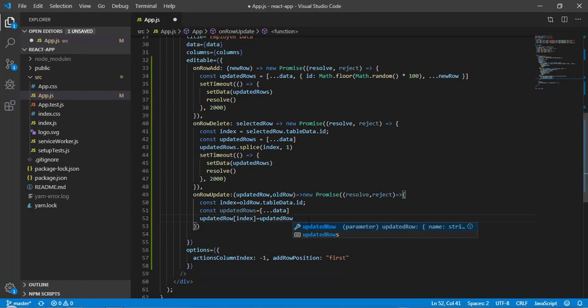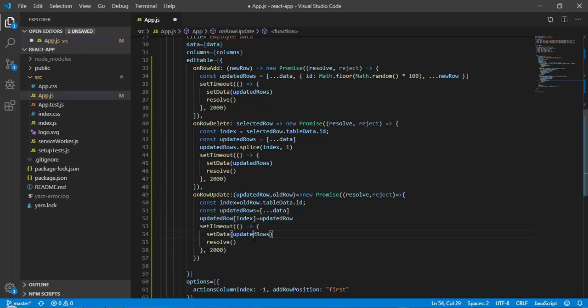So now our task is to update the state. So for that, we can copy the same line from here and paste it. Okay, because this is the updated one, I need to write here updated rows. So don't forget and don't make this mistake. It has to be with an S, because this is the whole data I am having and I am updating the particular index. So now let's save it and come back here.